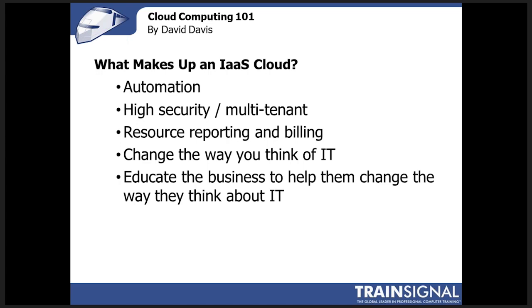Other things that make up infrastructure as a service clouds, we've got more. Actually, I forgot about it. There's even more here. The automation, right? Things are automated. Things can happen quickly. Perhaps you have scripts in place. Perhaps you're using VMware Orchestrator to orchestrate or automate common activities. You've got high security as part of vCloud Director. When you implement it, you're going to implement VMware vShield, which has now been renamed VMware Networking and Security, or vCenter Networking and Security, something like that, with vSphere 5.1, which was just announced a couple weeks ago.